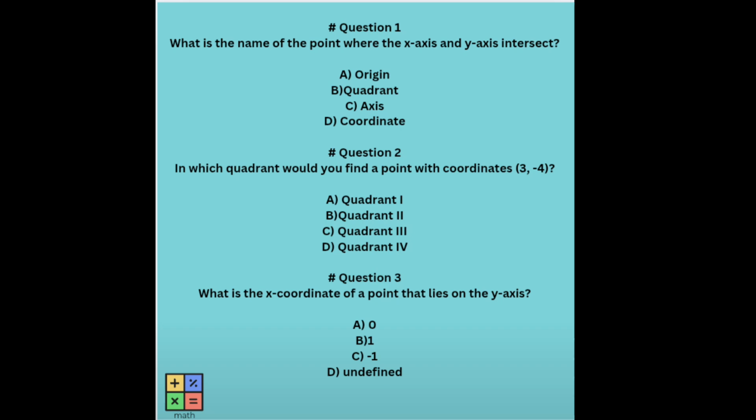Number 2. In which quadrant would you find a point with coordinates (3, -4)? A. Quadrant 1, B. Quadrant 2, C. Quadrant 3, D. Quadrant 4. Number 3. What is x-axis